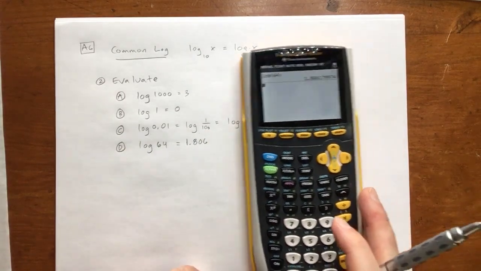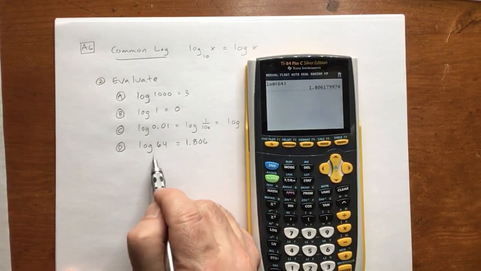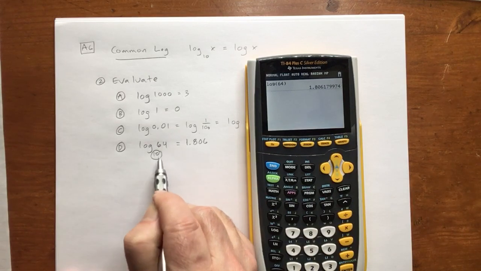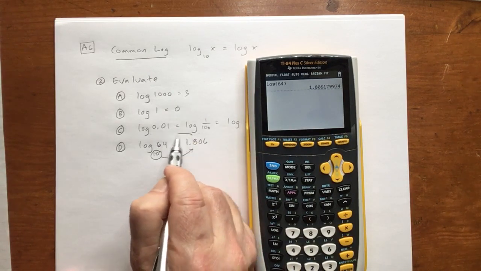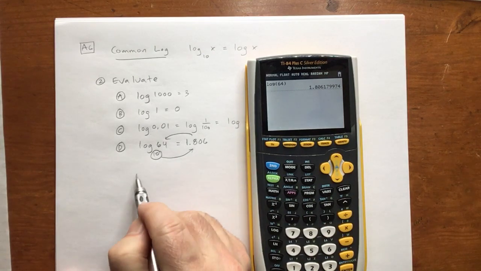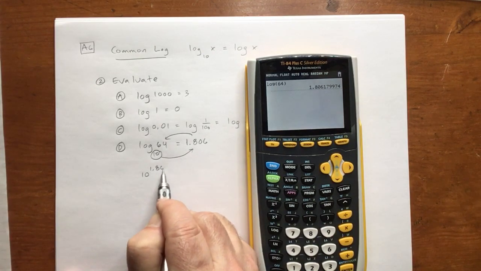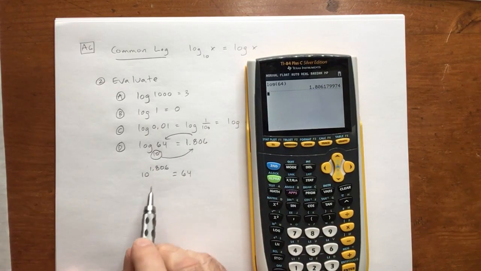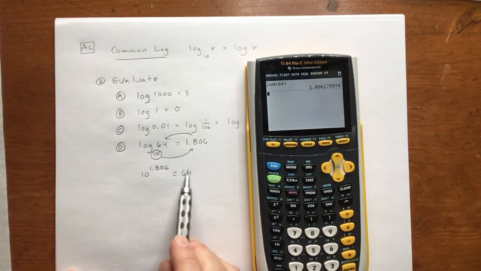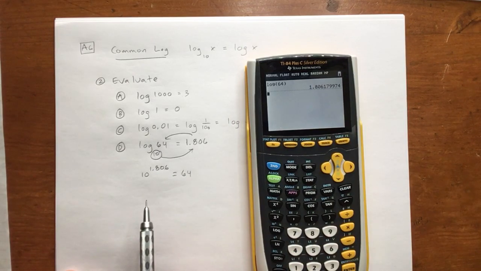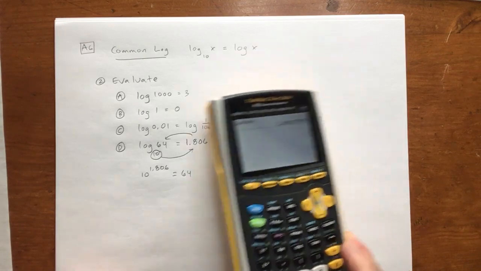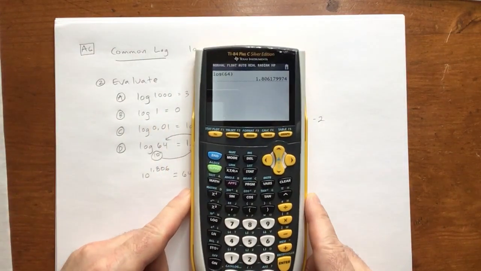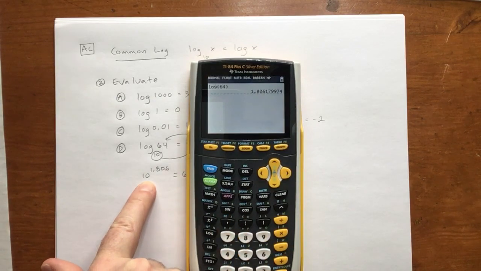But let's see if this makes some sort of sense to us. So the base would be 10. I could circle the base, go across, and come back and write this in exponential form, and it would be 10 to the 1.806 equals 64. Now, when I type this into the calculator, I'm not going to exactly get 64 unless I use all of the decimal places. And so let's go ahead and learn to do that since we have all sorts of time on our hands. So I want to type in 10